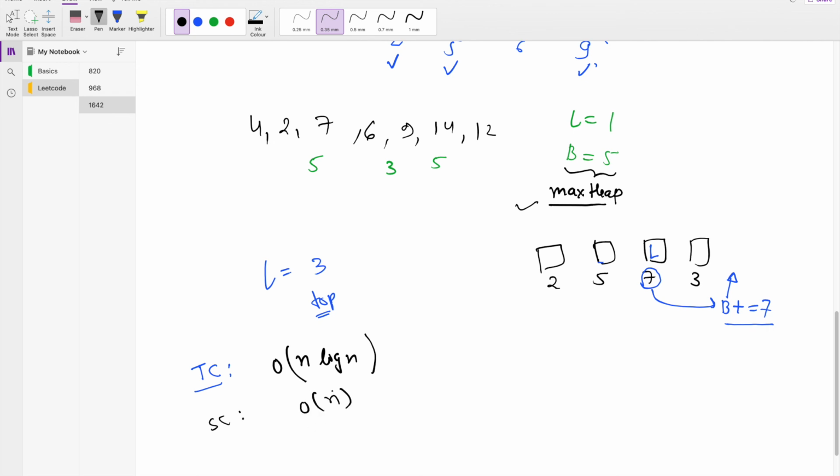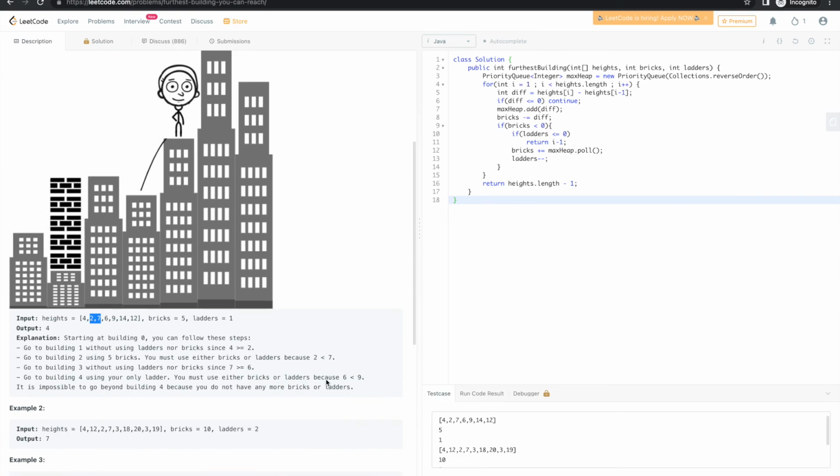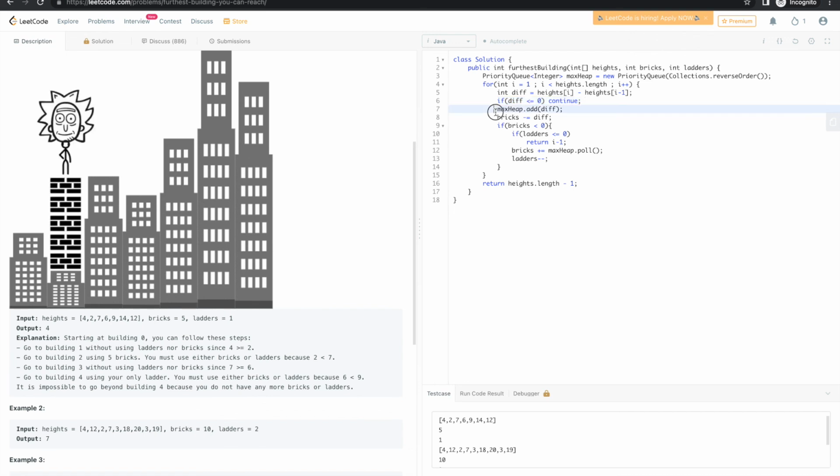Let's see the solution. So what I did here is I start with index 1 and see what the difference is, and if the difference is less than 0, we need not use either a ladder or bricks. Otherwise, I add the current difference into the max heap, and I also decrease the number of bricks. Then if the number of bricks is less than 0, it means that bricks are exhausted. Now I have to replace the highest